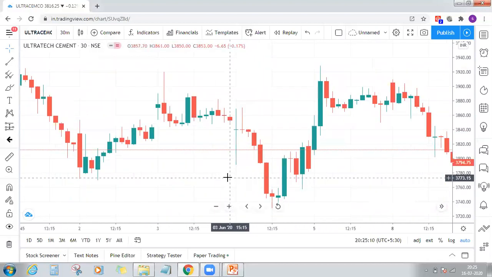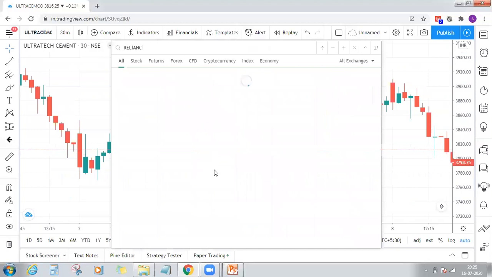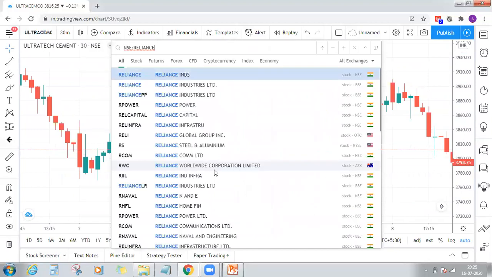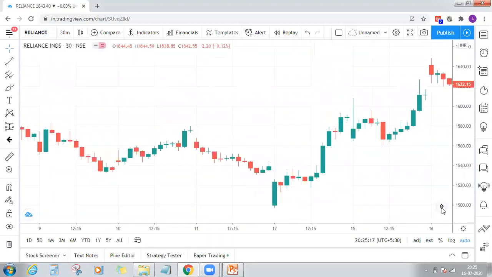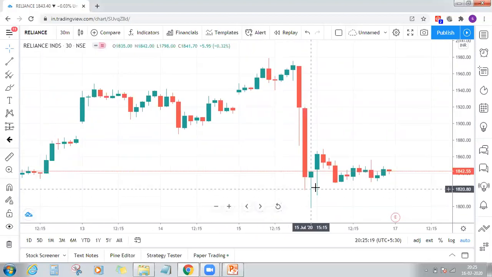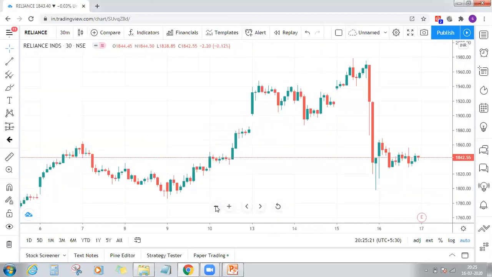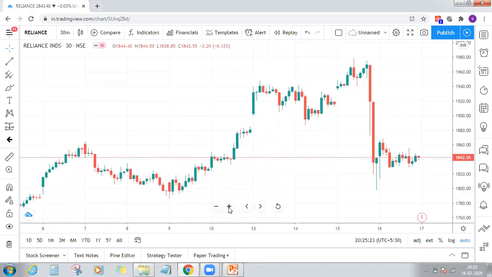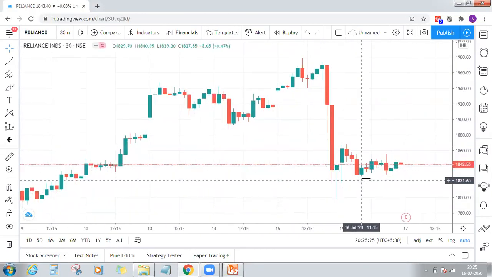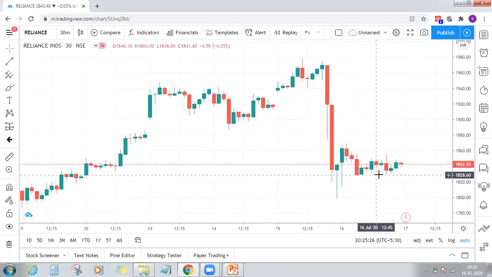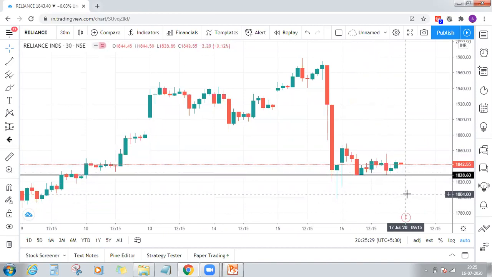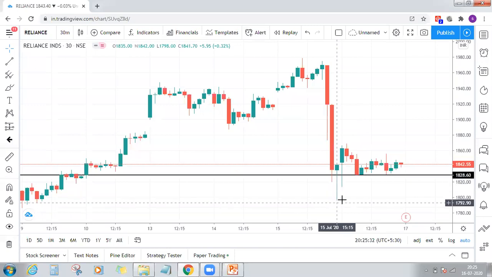Not only this stock, any stock you take, even Reliance, there must be some clue before the rise in price. So here you have a hammer today. Now just mark this zone. Reliance will try to defend itself. All the bulls who are sitting here will try to defend their position for some time now.